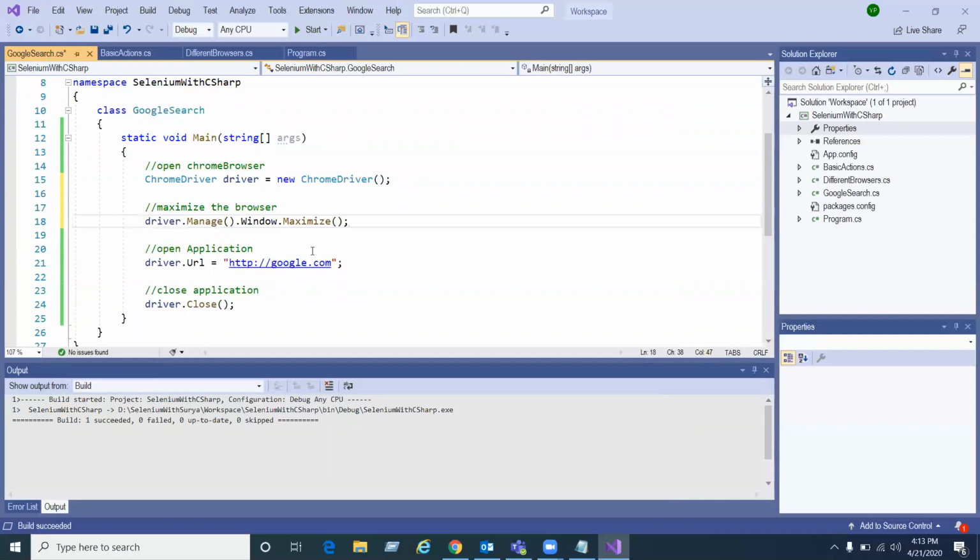What this statement will do is, if the browser is maximized, it will not do anything. If it is not maximized, it will maximize the screen according to your screen size.